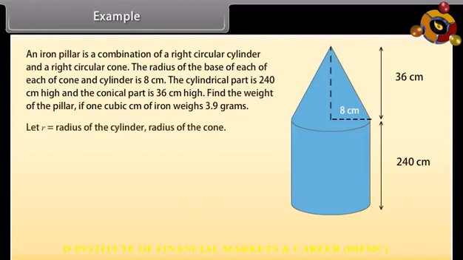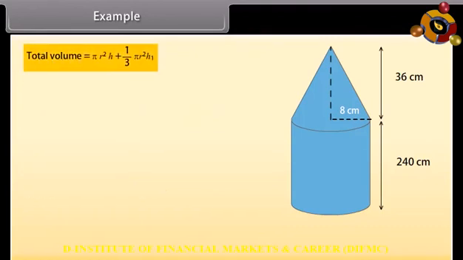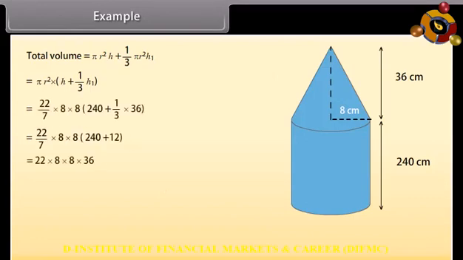Solution. Let R be the radius of the cylinder and the cone, H the height of the cylinder, and H1 the height of the cone. We know that the total volume of the pillar is equal to the volume of the cylinder plus the volume of the cone. Therefore, total volume is equal to pi r square H plus 1 by 3 pi r square H1. This is equal to pi r square into H plus 1 by 3 H1. Solving this, we get total volume is equal to